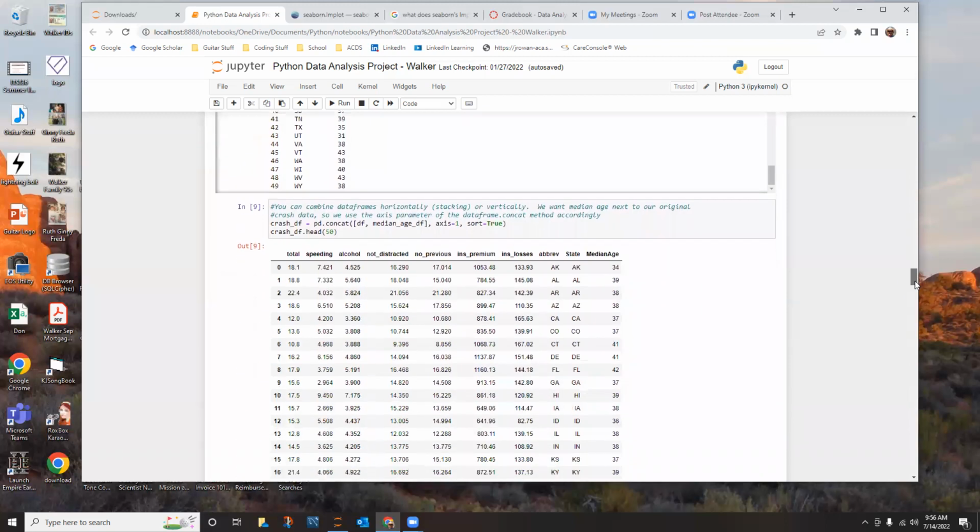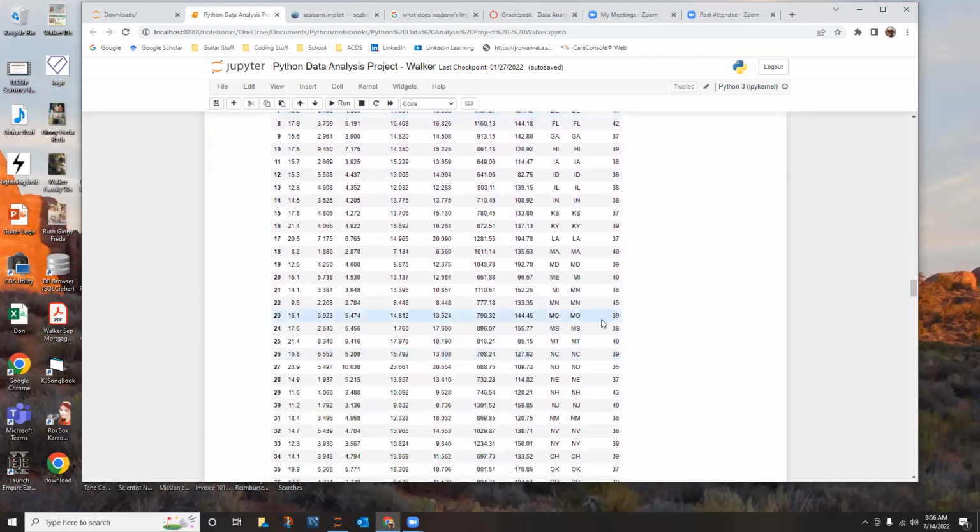So I concatenated them side by side, and it uses the index of each data frame to do that. So we got Alaska from the original car crashes database lined up with Alaska from median age, Alabama, Arkansas, all the way down. So I've added median age to the appropriate